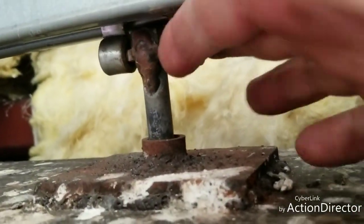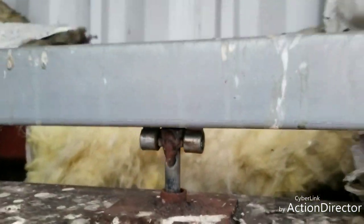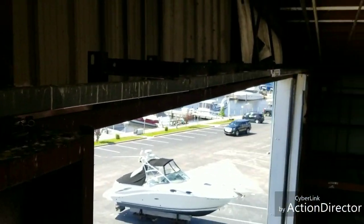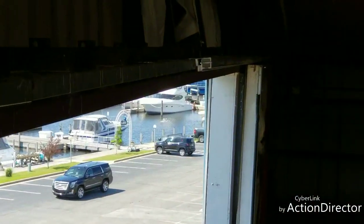These things go crooked. There's no wheels on them that make them take side load. And then they got the pipe right down in there that goes down in this pipe that just rides up and down in there. And so this one had to be taken out due to our mating of our tracks up there. It's kind of hard to see,